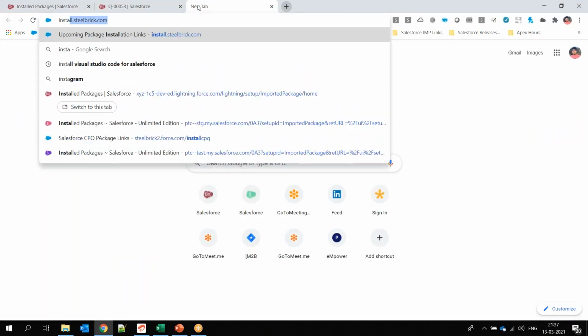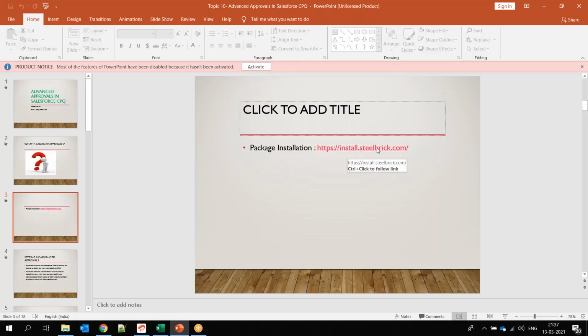Let me check directly here. Install.steelbrick.com. Yeah, this is the link actually, install.steelbrick.com. Here you will get all the packages. All the packages means Salesforce related, CPQ related, quote-to-cash business related, all the software you will get on